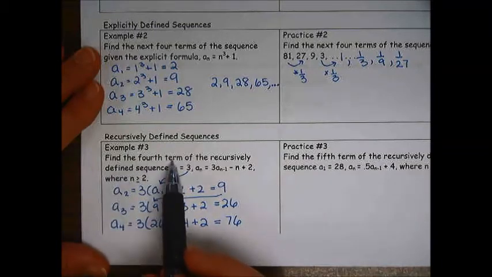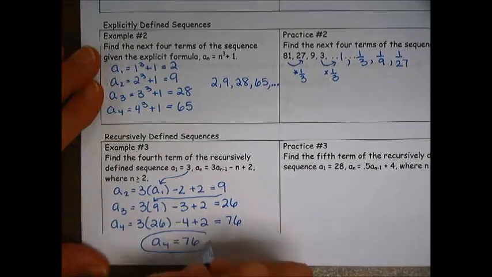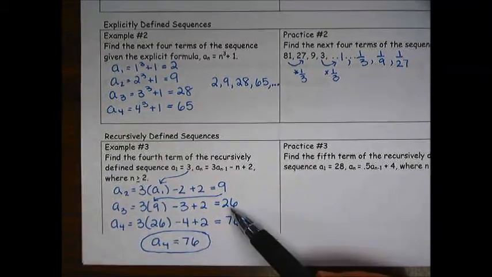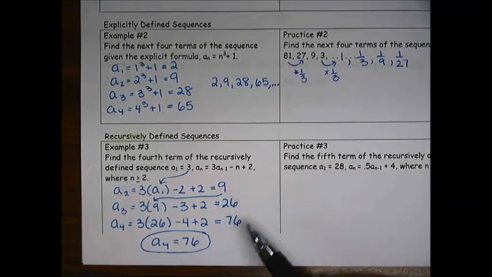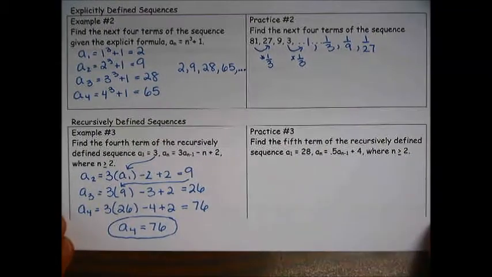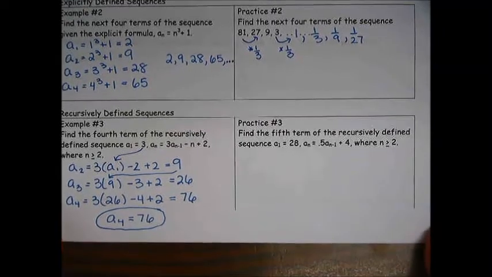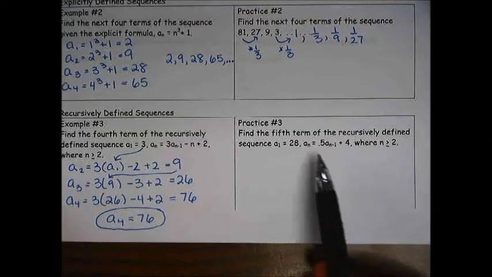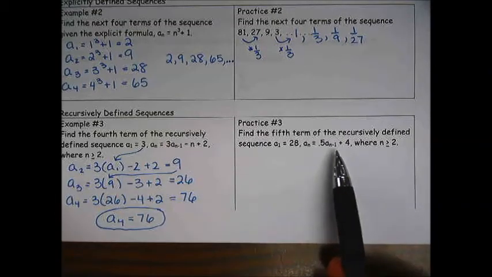And it said find the fourth term recursively, and so the fourth term would be equal to 76. But notice that in order to find the fourth term, first I had to find the second term, then the third term, then I could find the fourth term. Here's one for you to practice. Find the fifth term of the recursively defined sequence when the first term is equal to 28. And the recursive formula is to find the next term, you take half of your previous term and then add